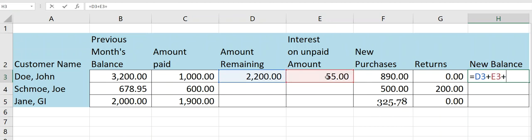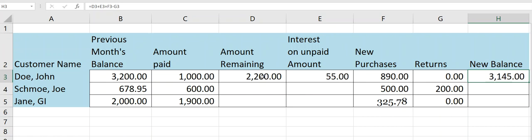I'll type another plus sign where I will click on F3 to add new purchases, and then I will type a minus sign in case he has any credits. I'll click on G3 to obtain that number if there is a number there. Then I can click my check mark on my formula bar, which is my Enter button. That gives me a final total for John Doe.